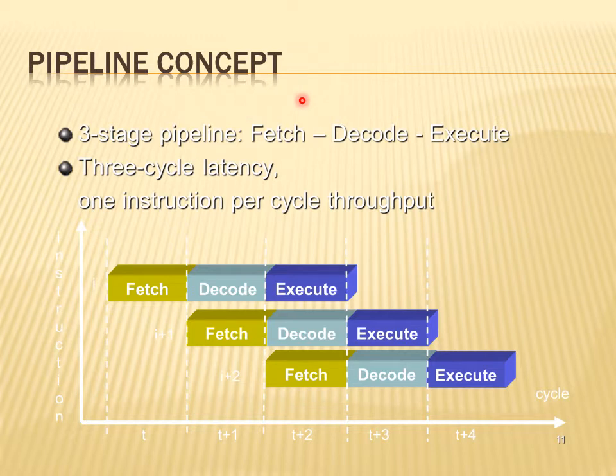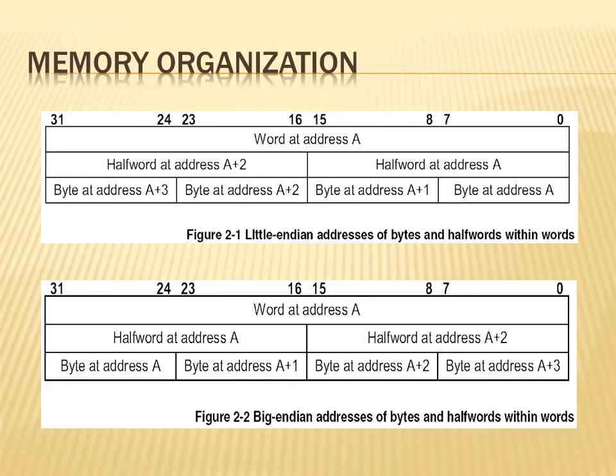The ARM7 architecture, which we are studying right now in our subject, supports three-stage pipelining. Of course, further versions are available. ARM9 supports 5-stage pipelining, and ARM11 supports 7-stage pipelining. So extra stages have been added in the later architectures. We'll go to the next topic.